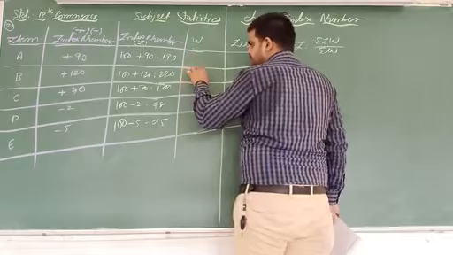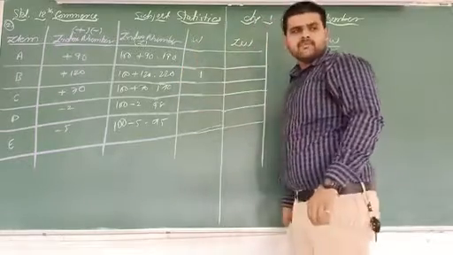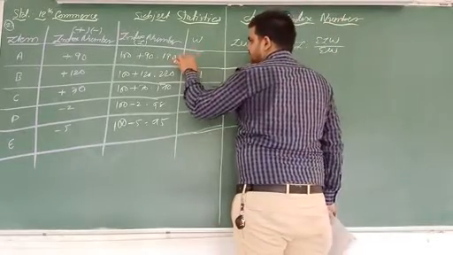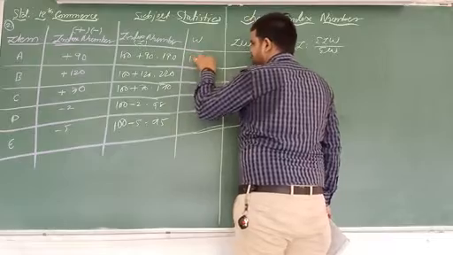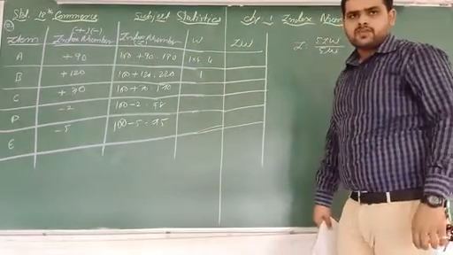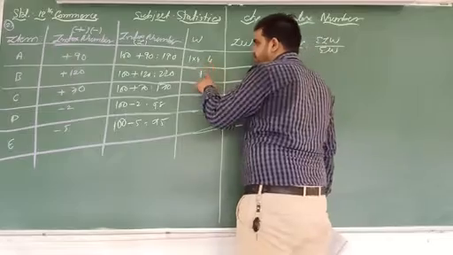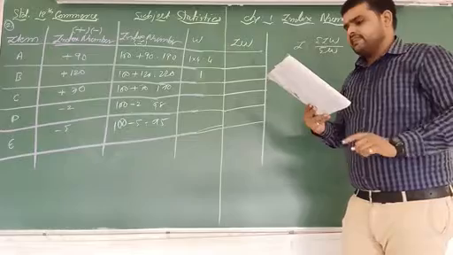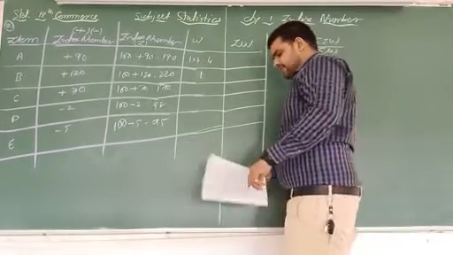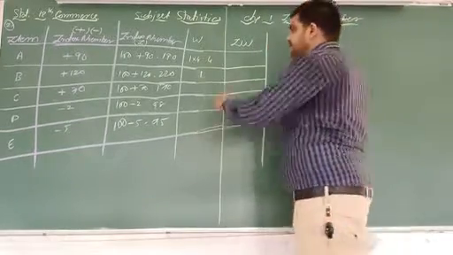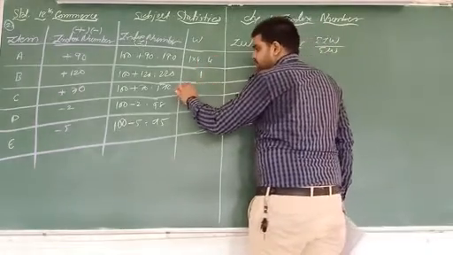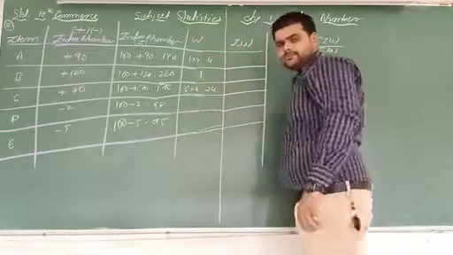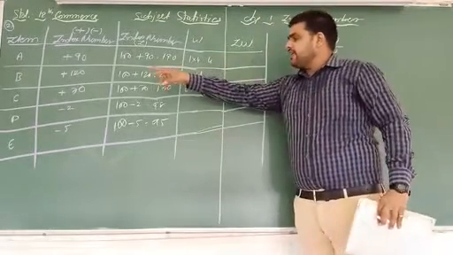So for example, suppose the weight of item B is 1. So 4 times, that means 1 into 4, 4 times, so here 4. So here item A is 4 times important than item B. And item C is 6 times important than item A. So 6 multiplied by what is item A? 4. So here 24.